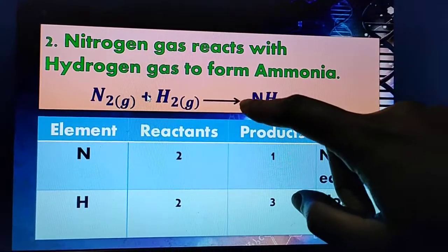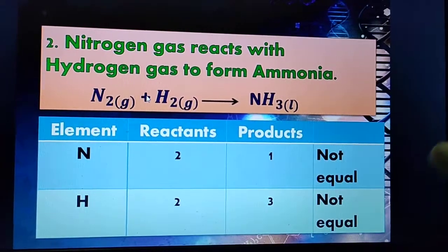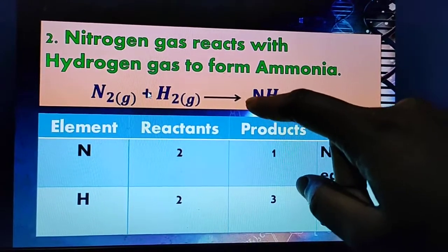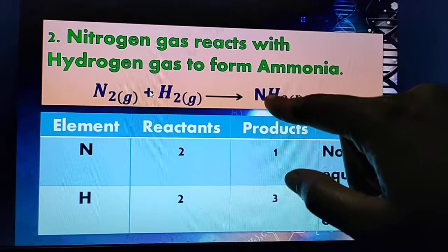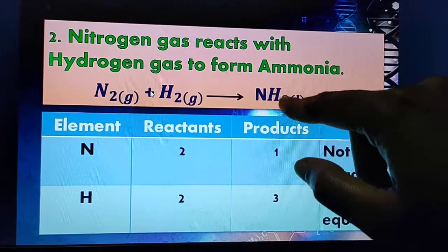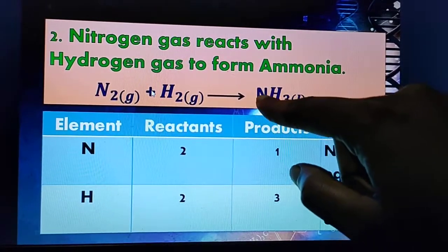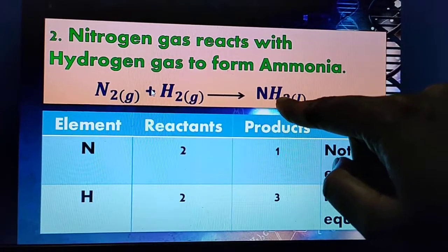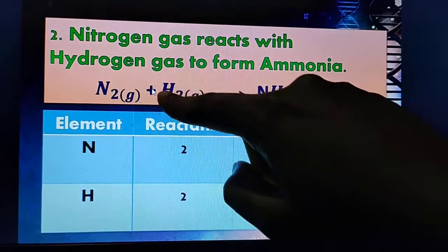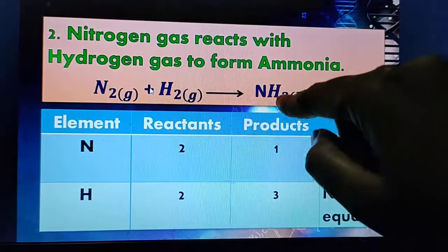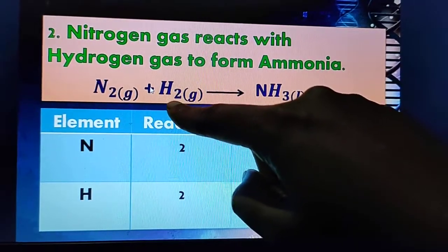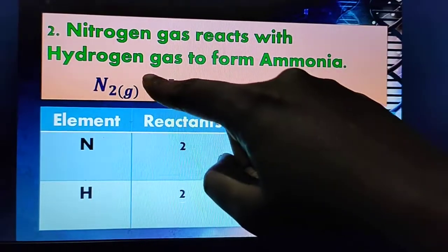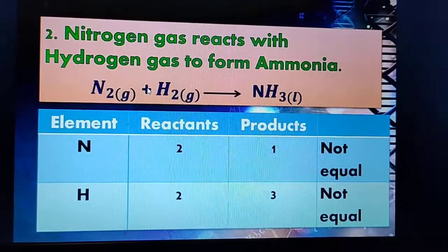Then you have to check the hydrogen. If you add here 2, then 3 twos are 6 hydrogen atoms here. 3 H3 is there, then here 2, that means 2 is with nitrogen also and hydrogen also. So 2 3s are 6. Then here if 6, then here you have to make 6 hydrogen atoms. So how will you make 6 here? By adding 3. So the balanced equation is